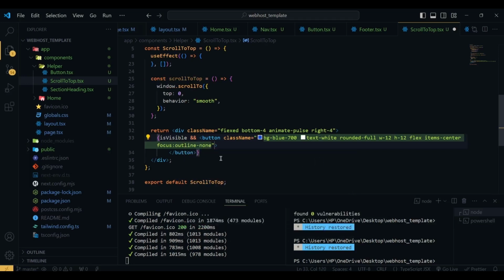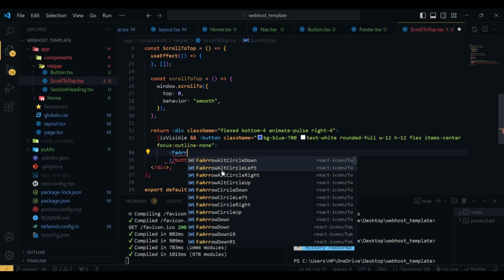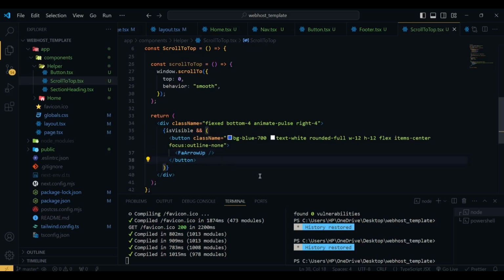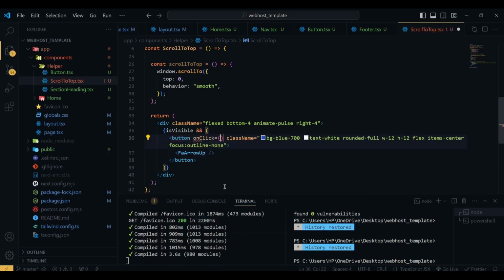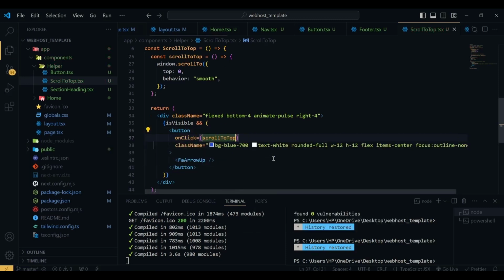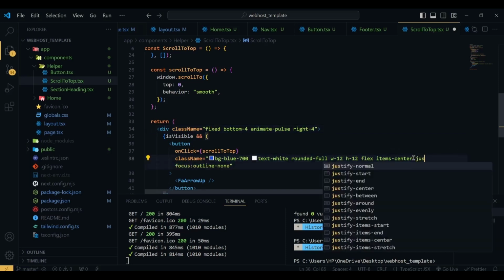outline will be none. And now inside this button we are going to have a FaArrowUp, so we are going to use an up arrow inside the button. Now if I save, and this is our button. Now inside this button when we click, we are going to use onClick, and when we click the button we are going to call our scrollToTop function to go to the top. So here we have a typing mistake, so it will be fixed,